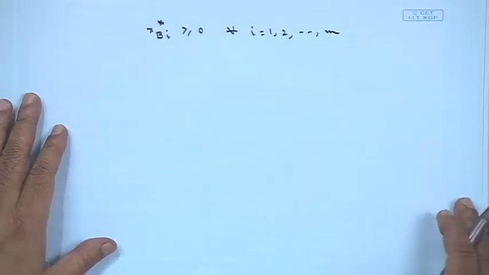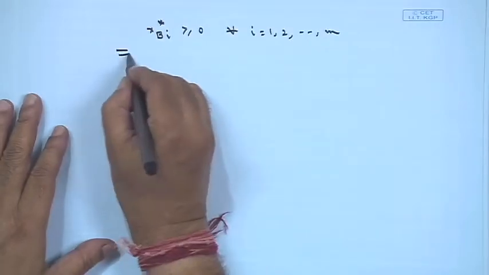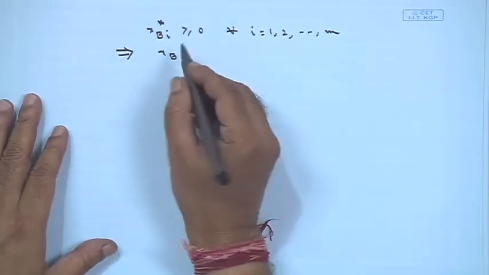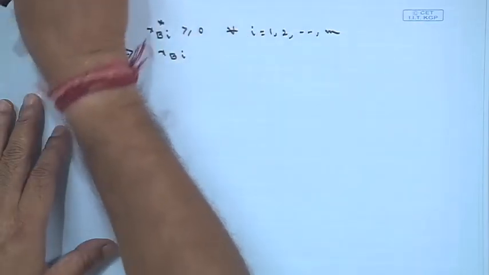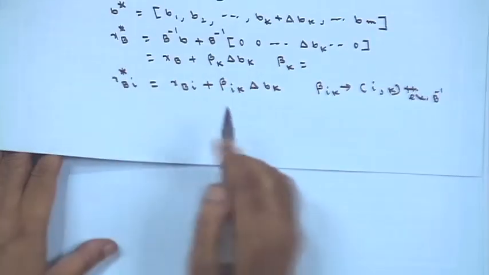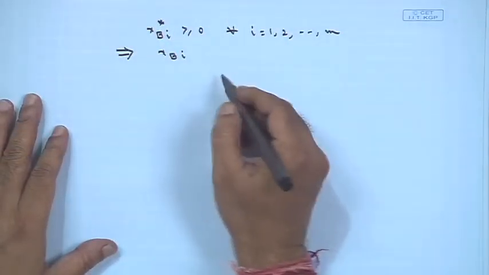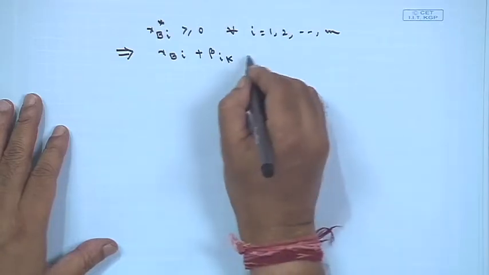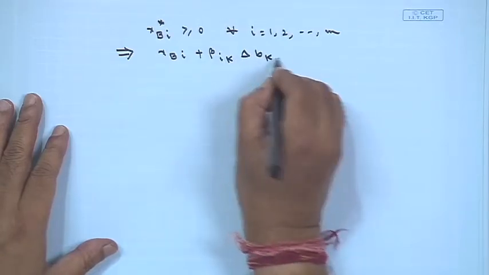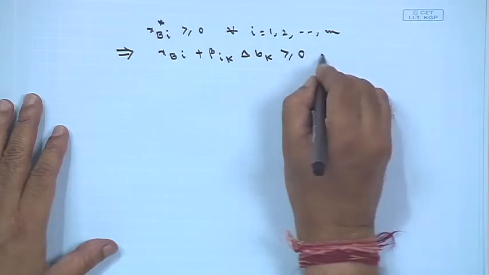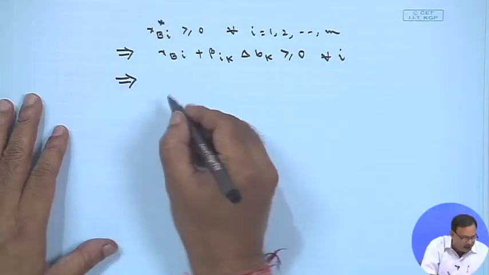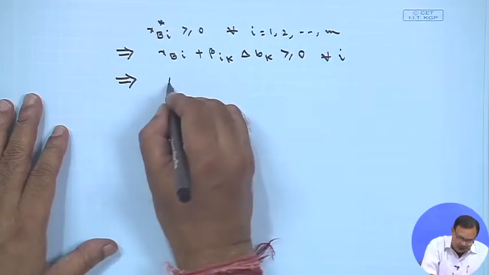So, x_Bi star is greater than or equal to 0, which implies, by substituting the value of x_Bi star from the earlier one, x_Bi plus beta_ik into delta b_k is greater than or equal to 0 for all i equals 1 to m, which implies again I can write down